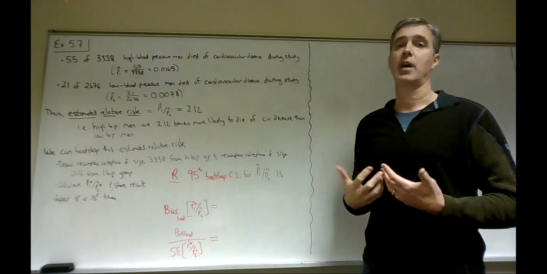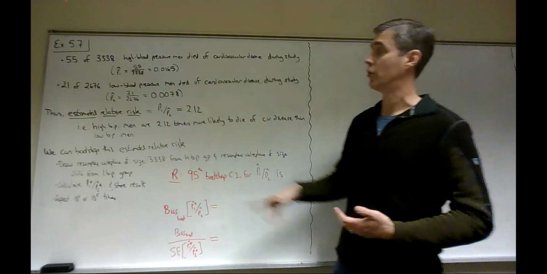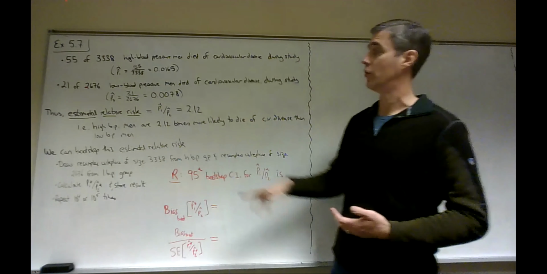So I might want to bootstrap it and get sort of a confidence interval for what I think this value is. So we're going to bootstrap this thing. And the way we're going to do it, I'm going to switch over to R soon, but the way we're going to do it is we're going to take those 3,338 people, 55 of whom have died, and I'm going to sample 3,338 of them with replacement. Calculate how many of those resampled people died, calculate P1 hat star,